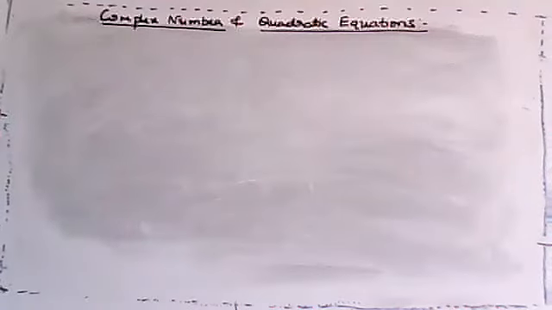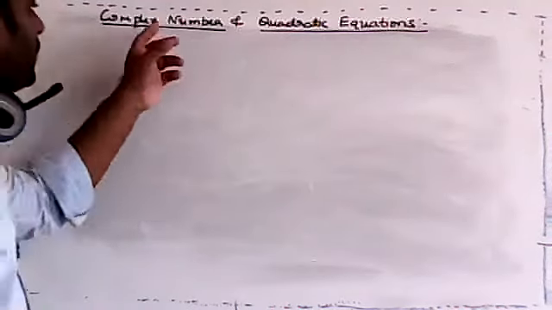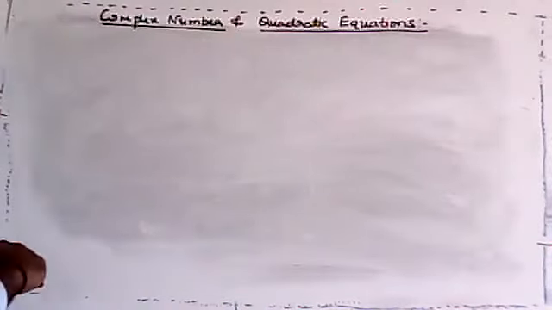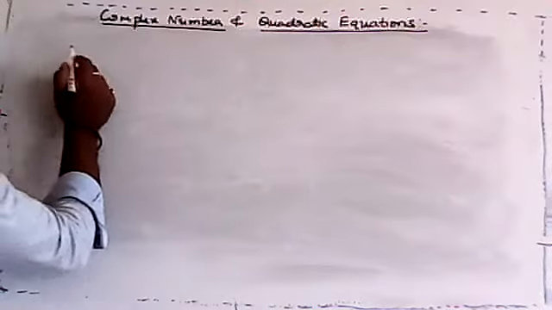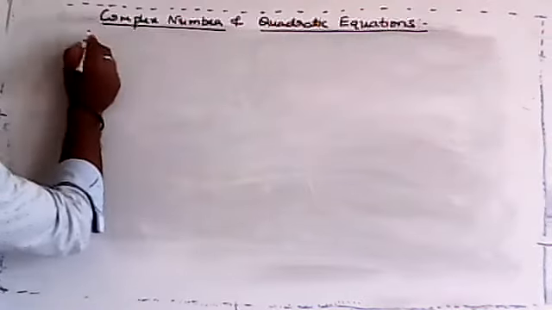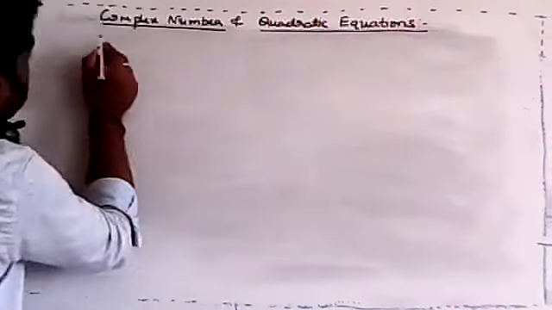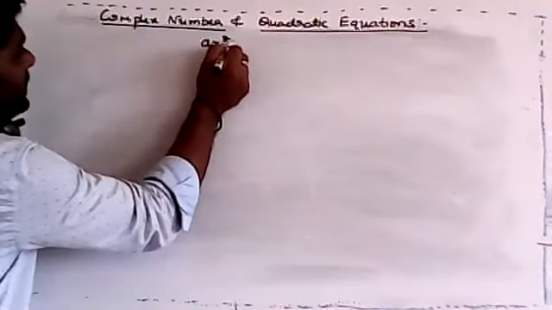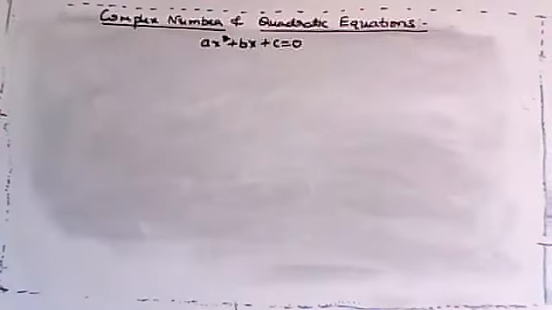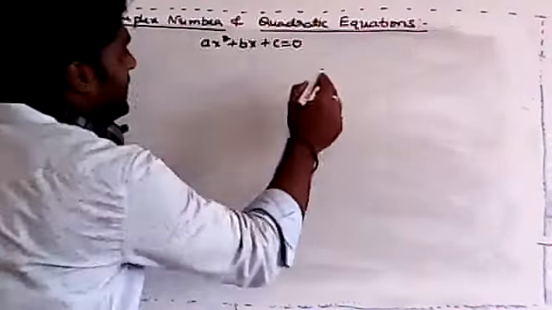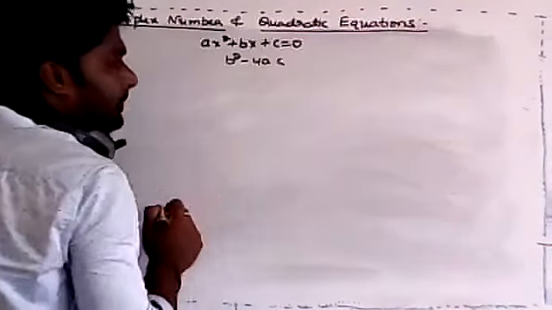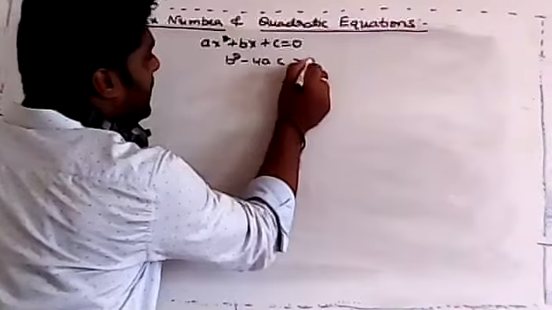Okay, we move on to the next topic in the chapter, that is our fifth one, complex numbers and quadratic equations. I'll take one example here. You already know a quadratic equation, ax square plus bx plus c is equal to 0. It is a quadratic equation, correct or not? In that, if the condition is b square minus 4ac is greater than 0,